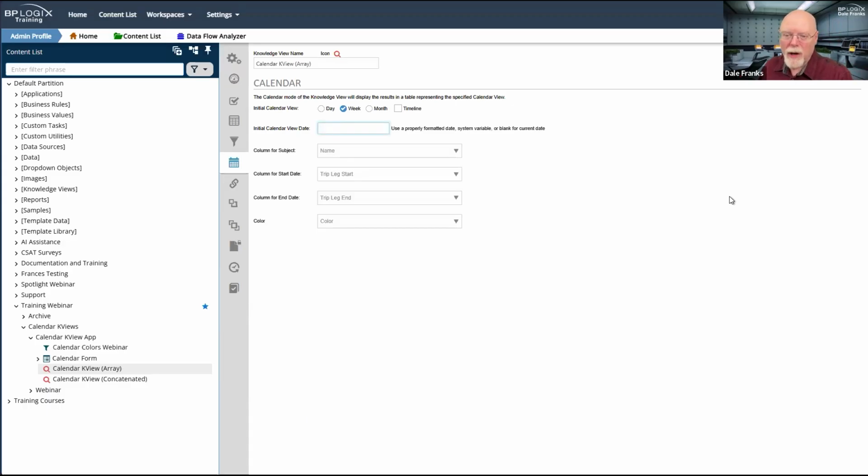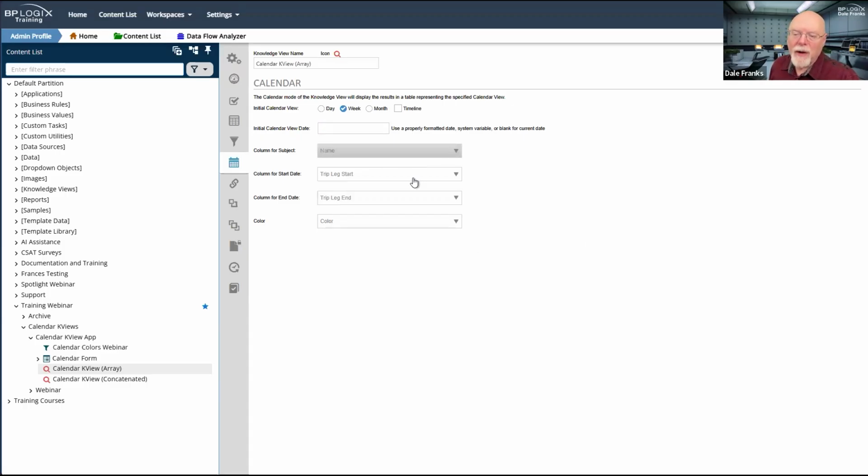So you can sort of show it ahead or show it behind. Normally, you don't want to do that. Normally, you want to see the current week for looking at the calendar. So you generally just don't have to fill this out. I haven't filled it out. It will just default to whatever the current week is. And I think in most use cases, that is what you want.